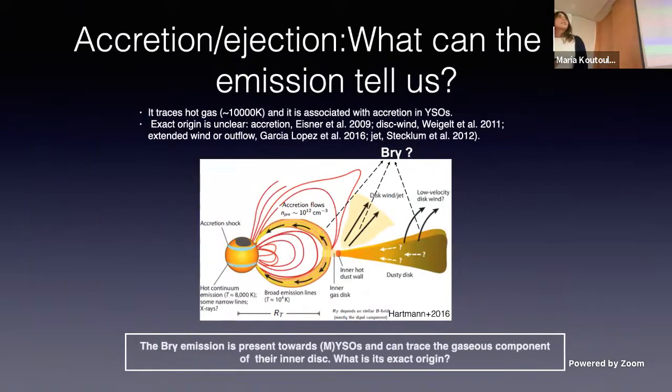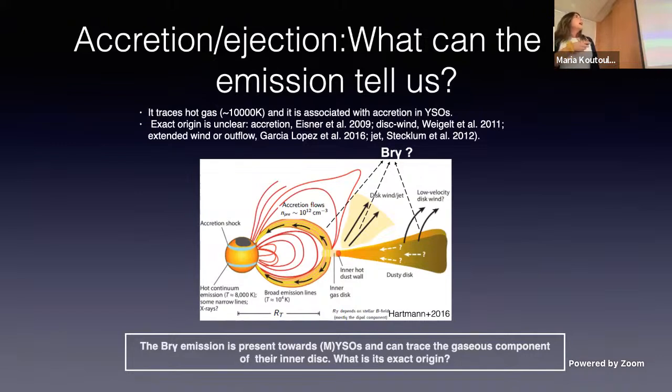Going towards the gas, so Brackett gamma. Brackett gamma is a really bright line at near-infrared wavelengths. In the K-band, it's a really bright line in young stars in particular. So far, this line had been associated a lot with accretion, but a lot of studies have actually shown that that's not always the case, but they can also have a contribution from a disk wind or the base